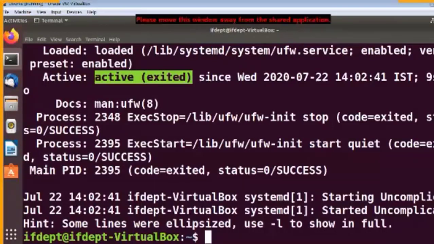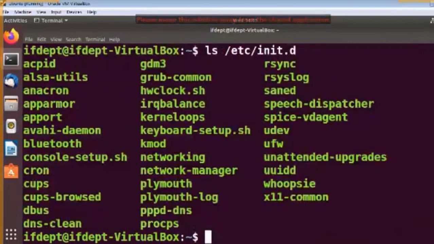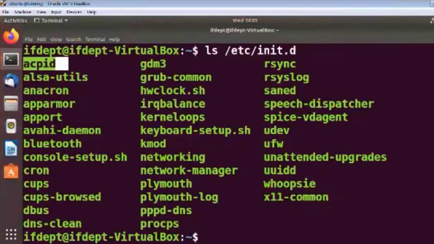Okay. Now I will show you one more service, how to start this. Now let us see what are the different commands. Let us see the commands. First particular service, okay, ACPID.